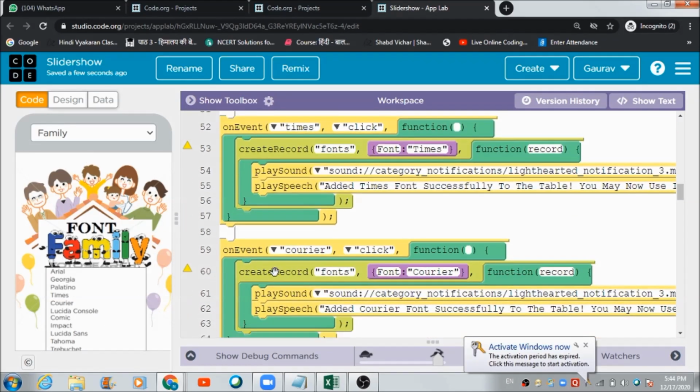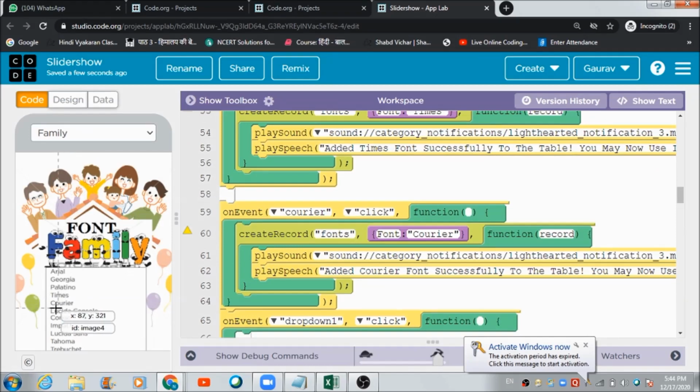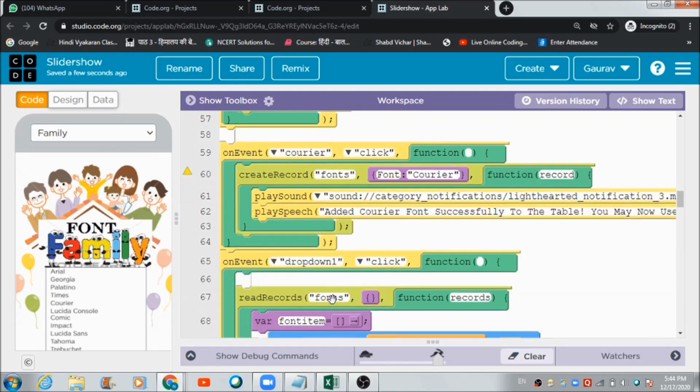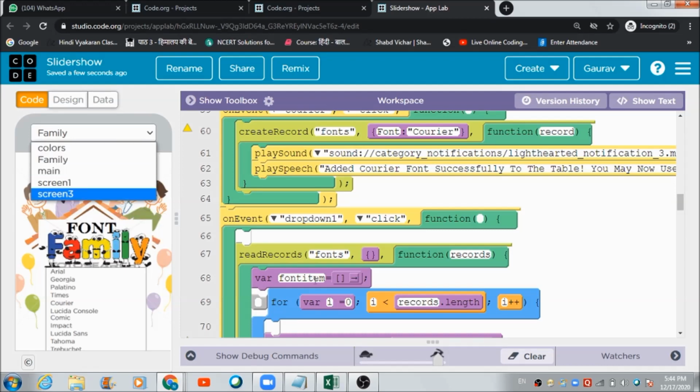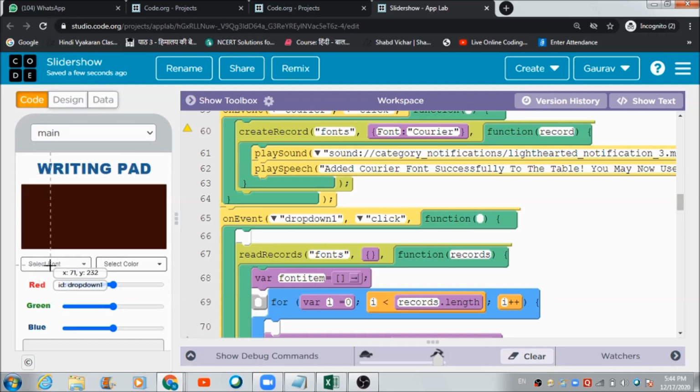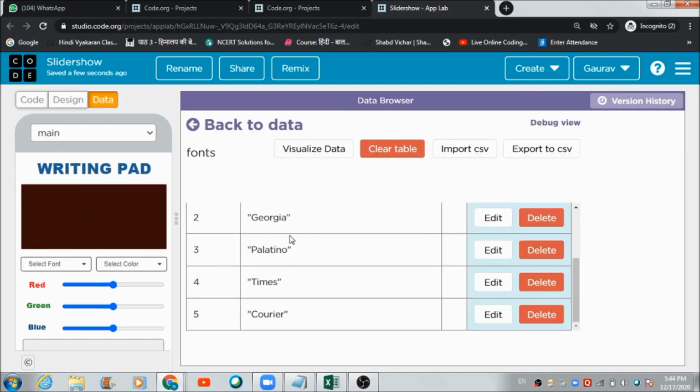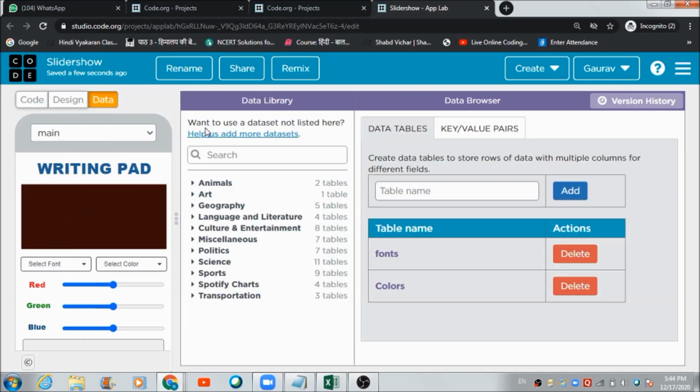And last but not the least, when the user hits this courier option, this is the code which is going to get executed. Fine. Now let's come to the drop down 1 coding. So this is the first drop down. In order to pull the names of the font families from this fonts table, what we are going to do,